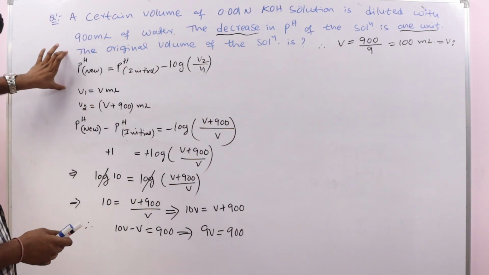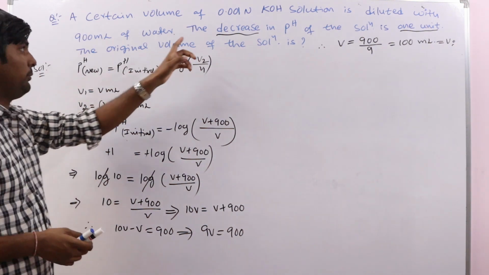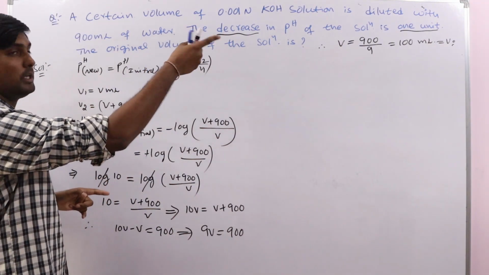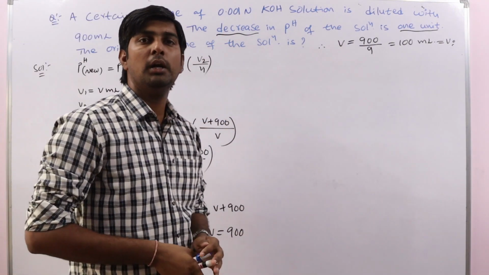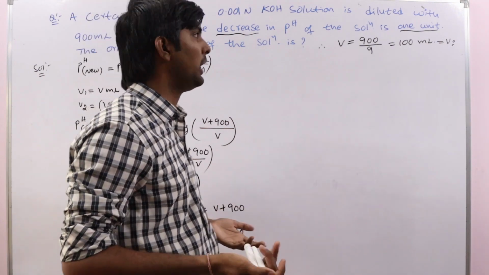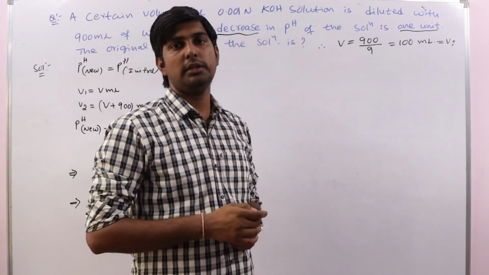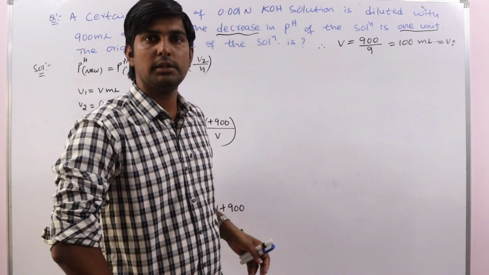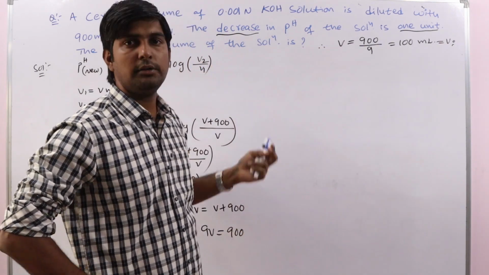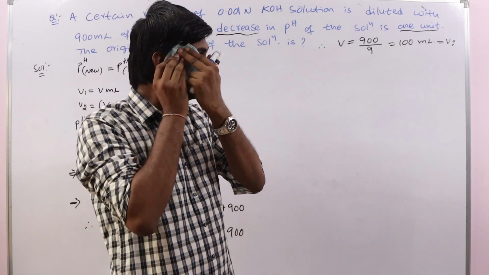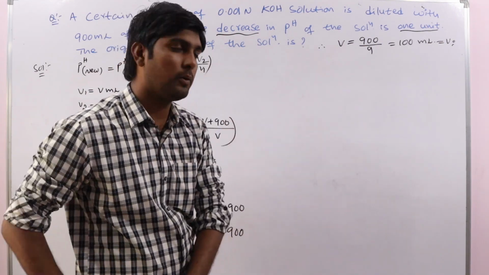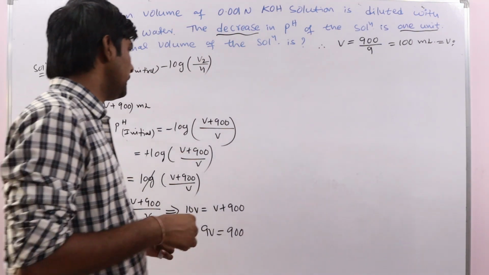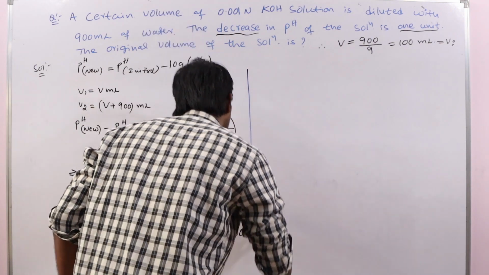Yes or no? So write the formula and, depending upon this information, you should be careful whether the pH decreases by 1 unit or increases by 1 unit. There is no choice. Yes or no? If that is a basic solution, pH decreases. We discussed this just now while discussing the formula. If that is acid solution, after dilution pH increases. Yes or no? Okay. So this is the direct formula. Or we can go for an alternate method also.